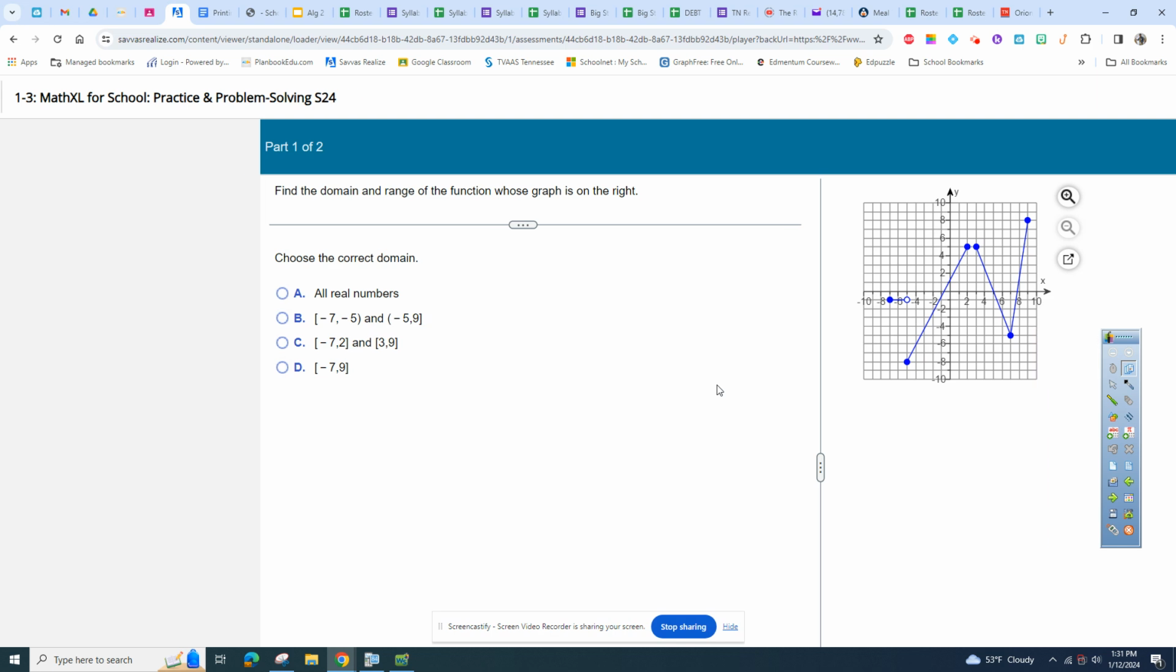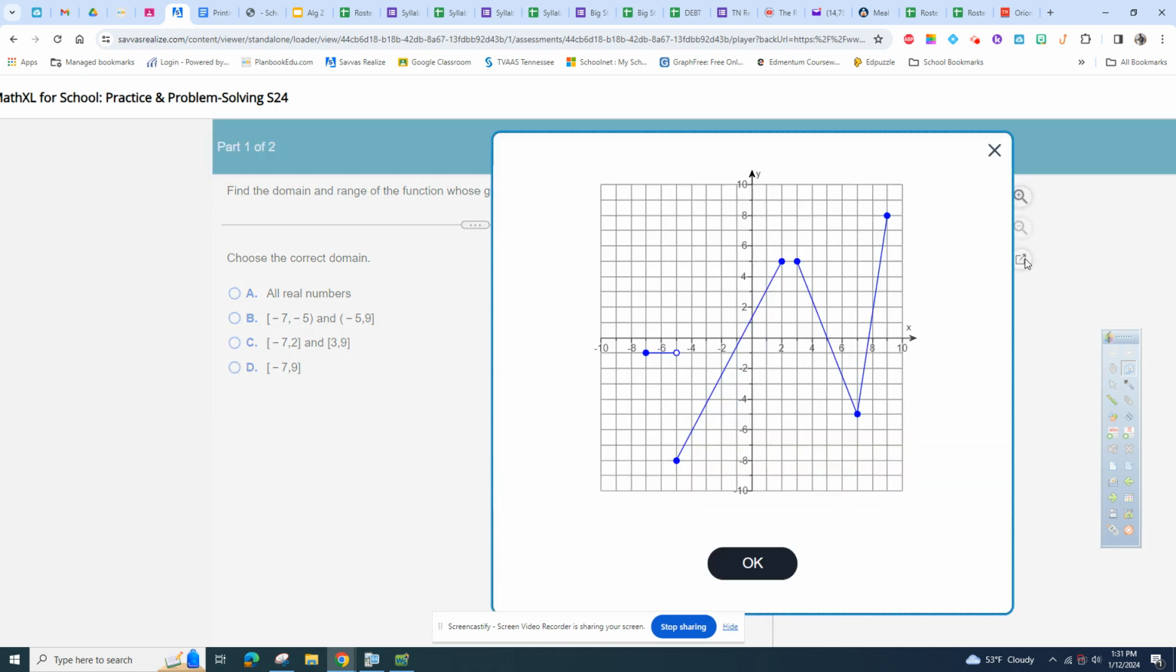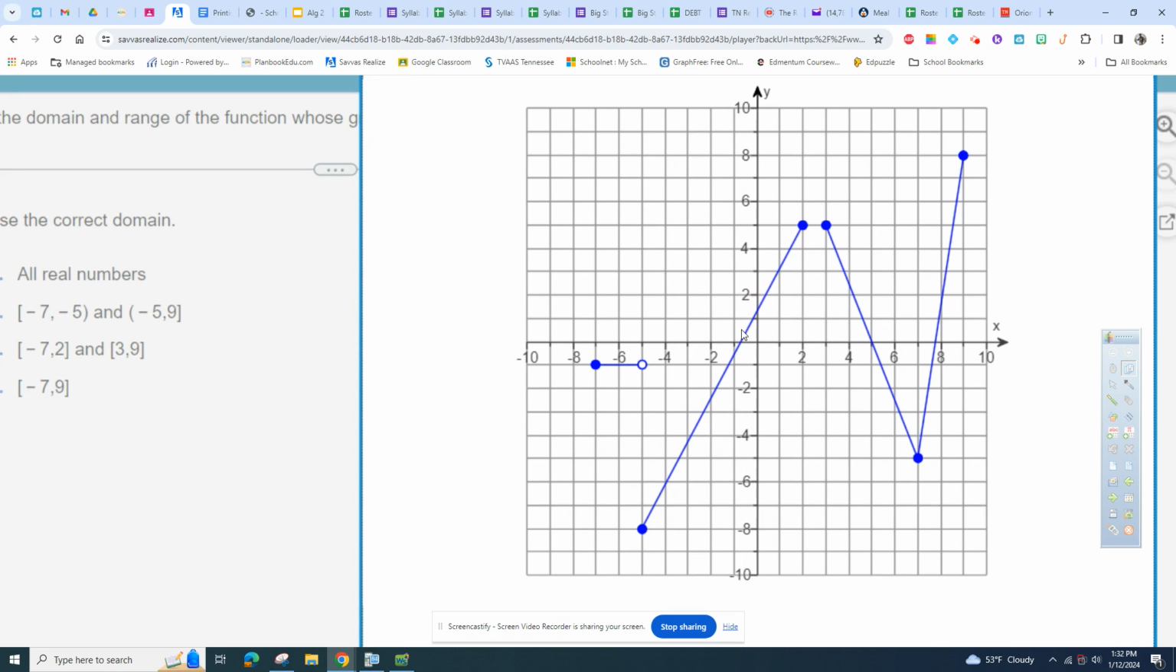Okay, and so find the domain and range whose graph is on the right. I figured that yours is probably very similar to this, maybe exactly like this, but it's at least similar to this. Okay, so the domain is what it's asking for first. So I'm going to hit this little button here, and I think it does good, but I'm going to go even bigger. And what I'm looking for here is,